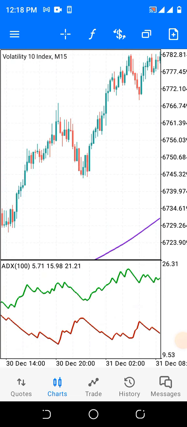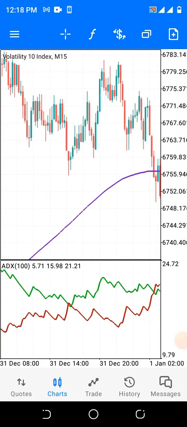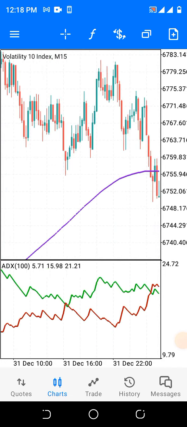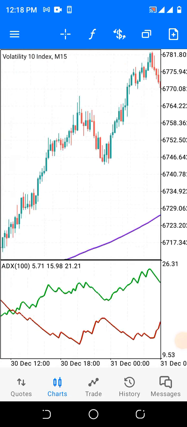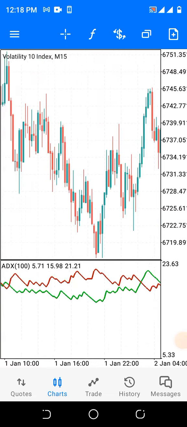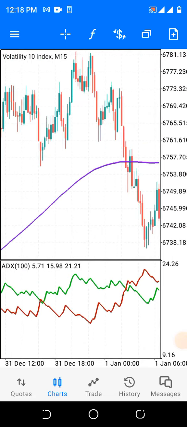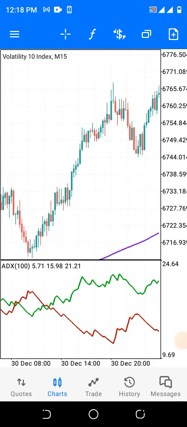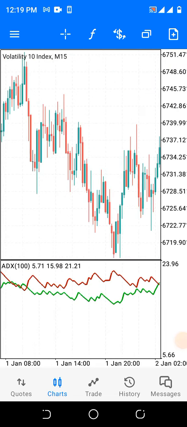Now pay attention to the time frame. The time frame matters a lot. I have seen some complain to me that the strategy is not working on a particular time frame. Now any strategy has a particular time frame where it works best, and the best time frame is what I single out, what I use, so that you will be able to make use of it